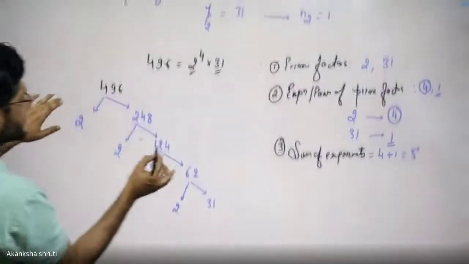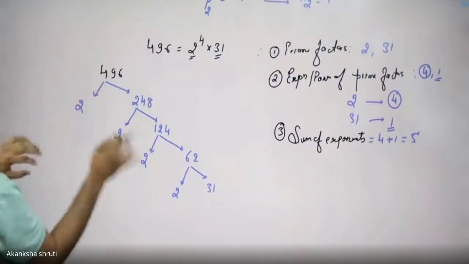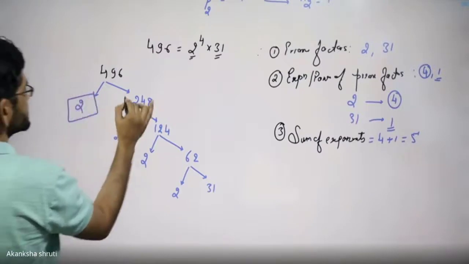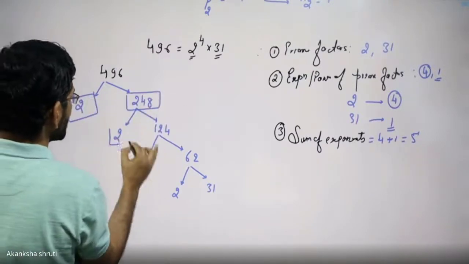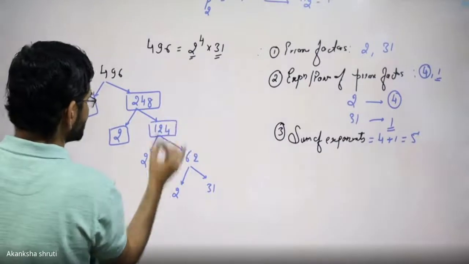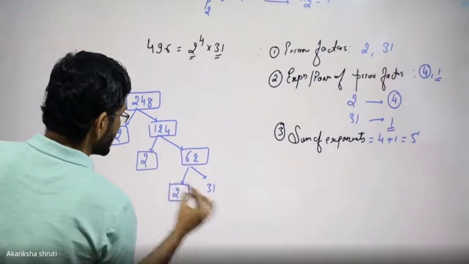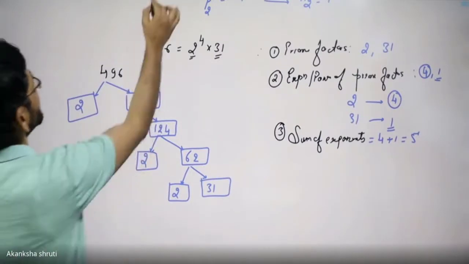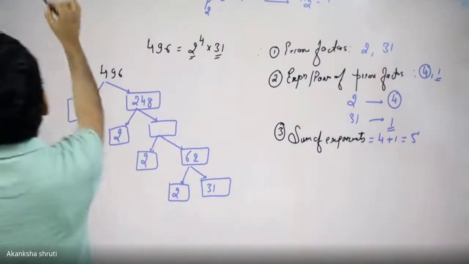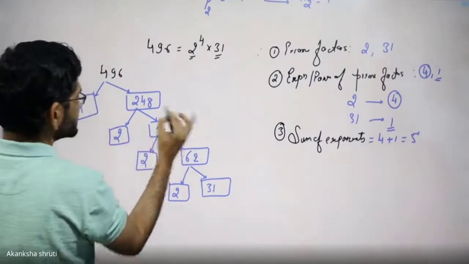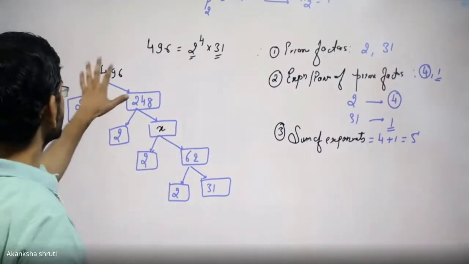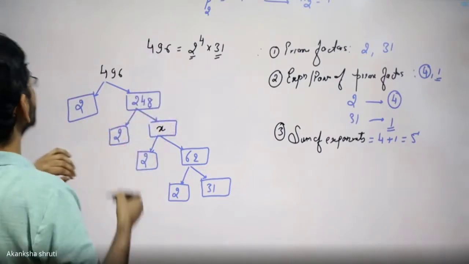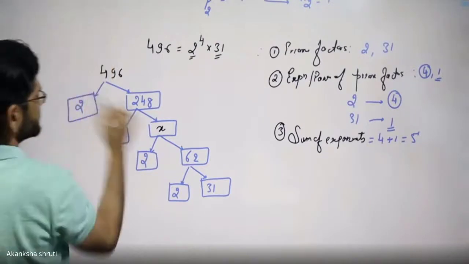The same thing is written in this fashion. Writing in this way, many times we put the numbers into boxes or even circles, that doesn't matter, okay, students? Writing in this way is called the factor tree. Here, even an intermediate value may be missing. For example, it may be asked, what is this x? Very easy. Either from the above we can determine it, or even from one of these sets we can determine it. How is that? Very easy.